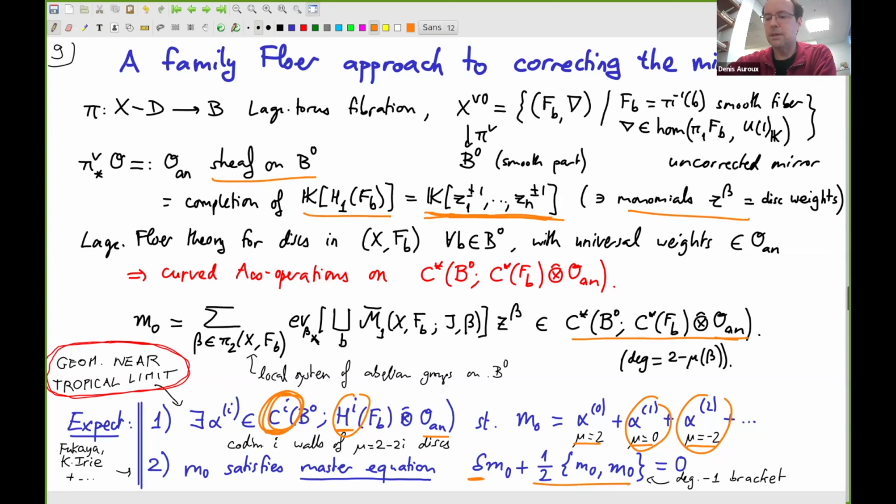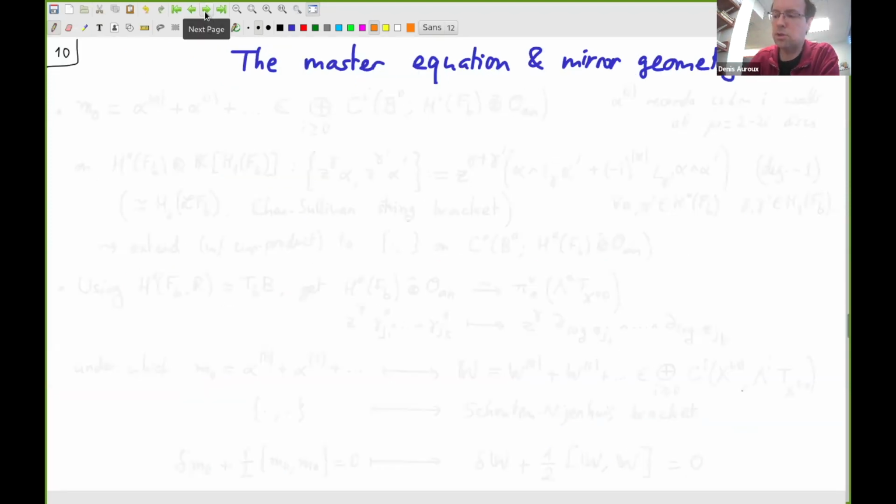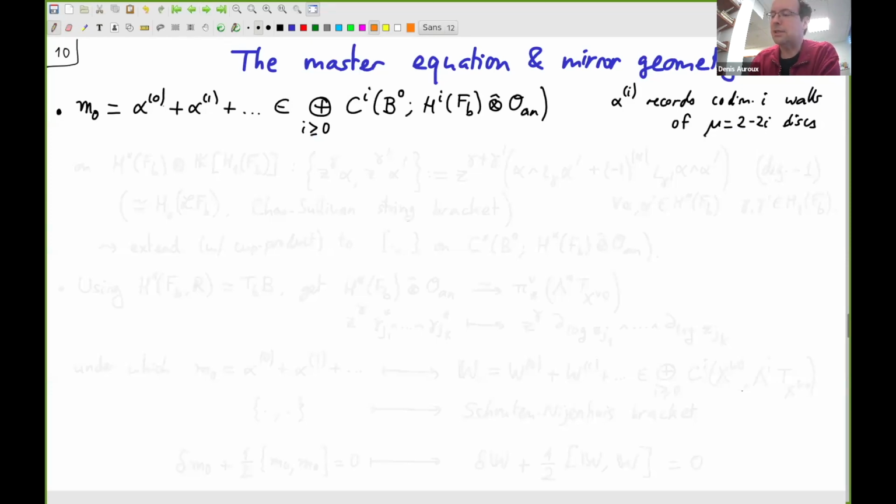Okay. So assuming this, my pen is telling me that it's almost trying to end, but I still have a few minutes. So assuming this, you can ask, okay, if I have this way of recording codimension i walls of Maslov 2 minus 2i disks, where do I go from there? And so